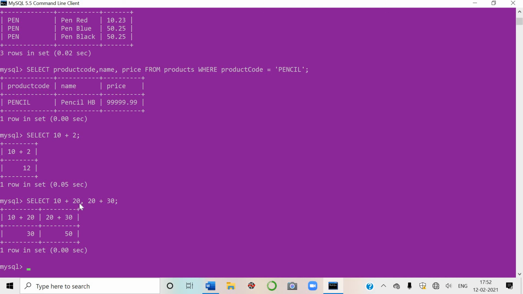अगर आप इसमें एलियास नेम यूज करना चाहते हैं, एडिशन ऑफ 10 एंड 20 अगर आप लिखना चाहते हैं, वो भी आप यूज कर सकते हैं. शुड आई शो यू? आई होप कि आपको यू अंडरस्टैंड दैट वेरी वेल. सपोज इसमें मैं लिखना चाहती हूँ एलियास नेम एज